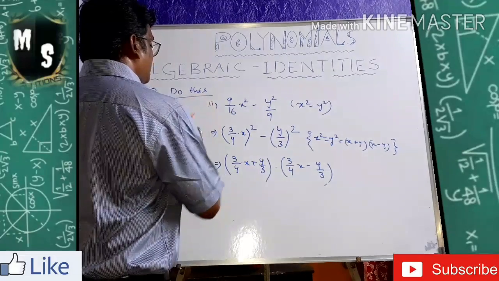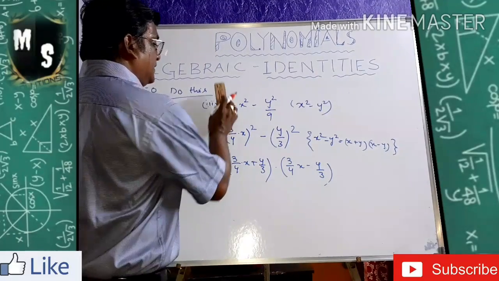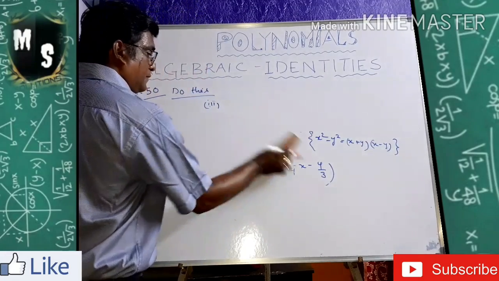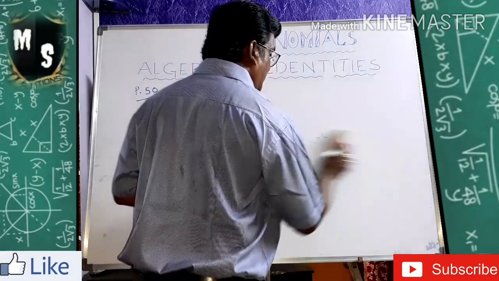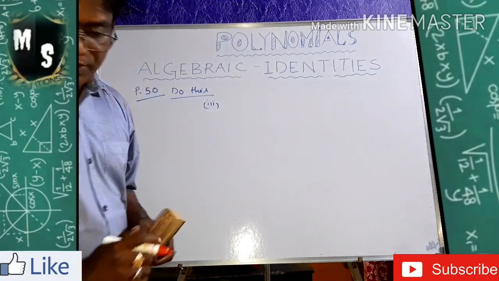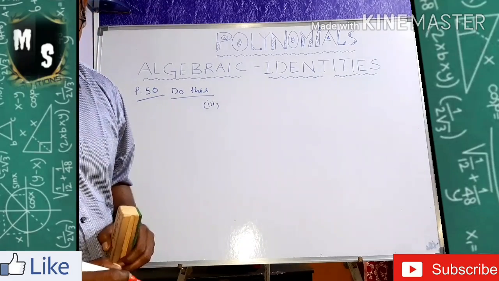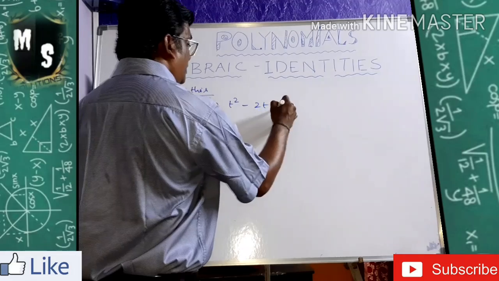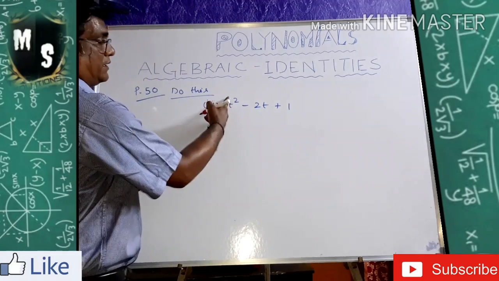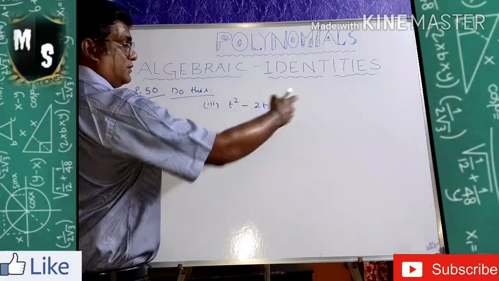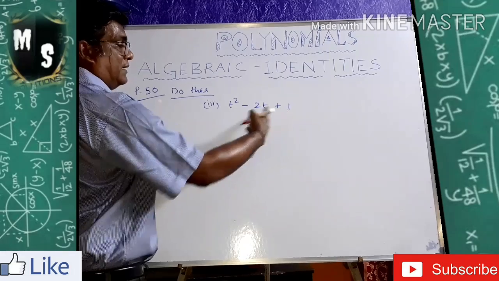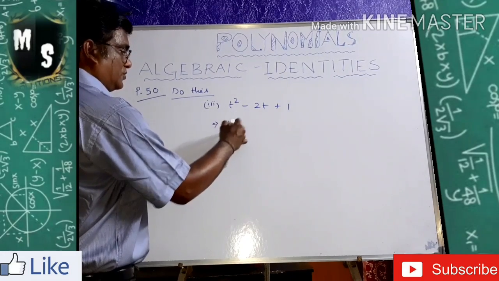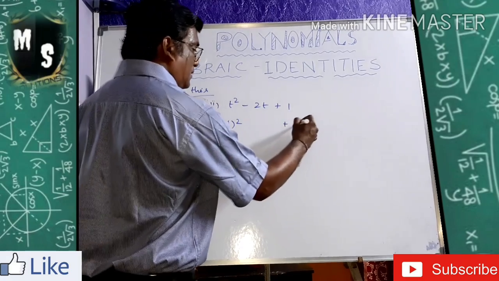Now you see bit number 3. What is bit number 3? The question of bit number 3 is r square minus t square minus 2t plus 1. T square minus 2t plus 1. See now, t square, and 1 can be 1 square. So a square and b square are there. It may be into ab, try it. That implies t whole square and here plus 1 whole square.